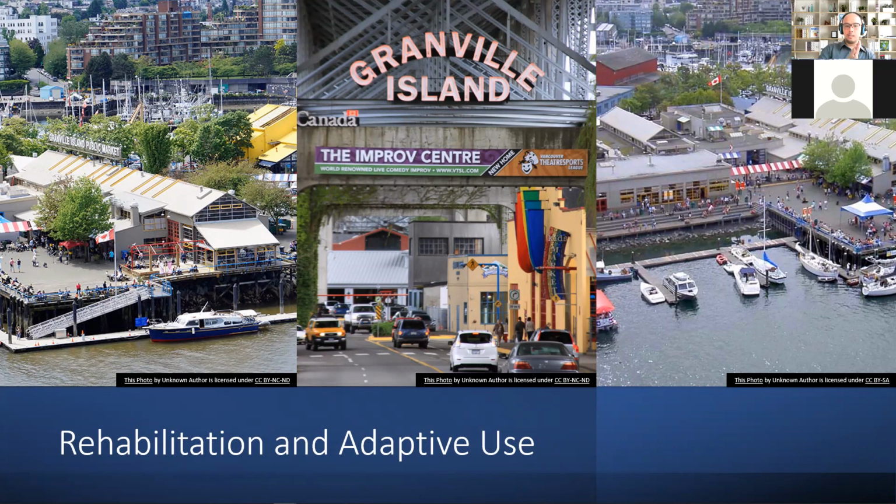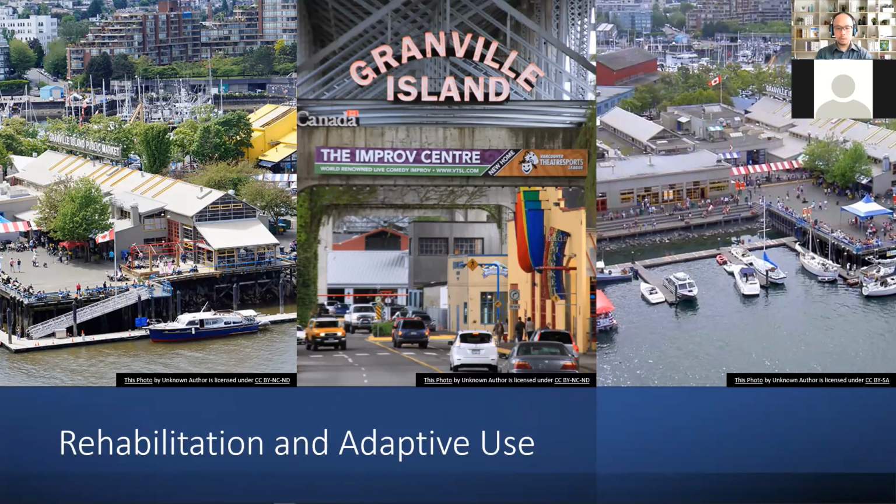Rehabilitation is defined as the act or process of making possible a compatible use for a property through repair, alteration, and addition, while preserving those portions or features which convey its historical, cultural, or architectural value. Rehabilitation usually involves preserving the original designs and materials of an historic structure while making alterations necessary to accommodate changes in function